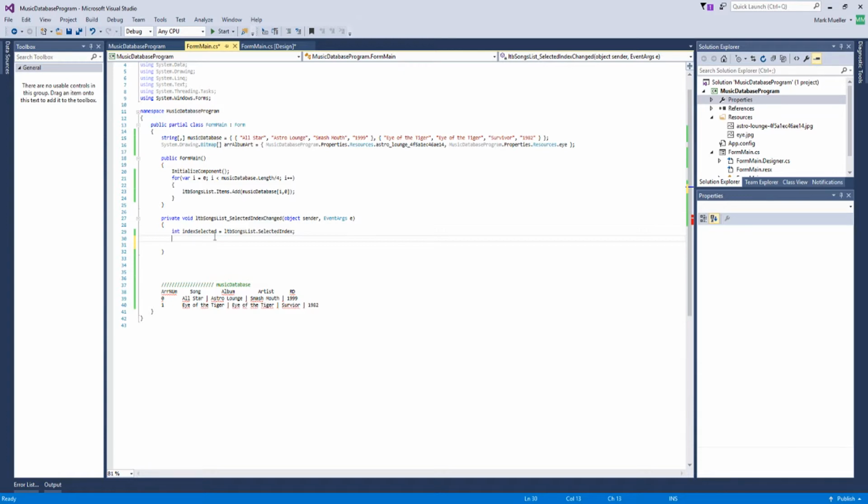in the array. So our first one is label name, song name. We're accessing the text property, and that's going to equal music database with the selected index selected, and the first property of it, because we're getting the song name. Next one, we are getting the album. We are changing the text property. That's going to be music database,